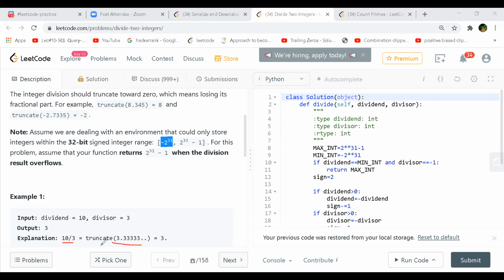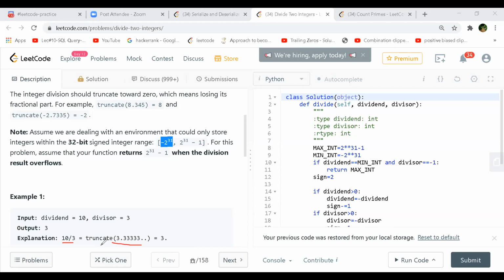And that will be O of n operations, time complexity, if you consider n as the dividend, because we subtract the divisor each and every time.